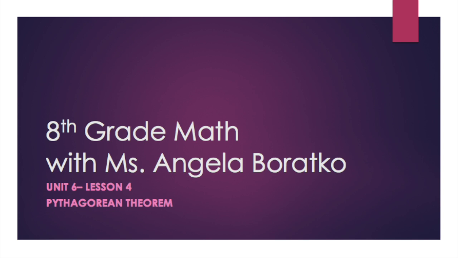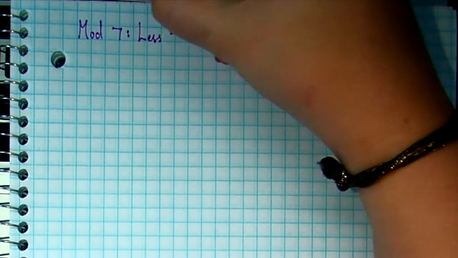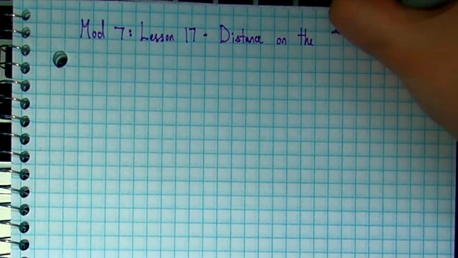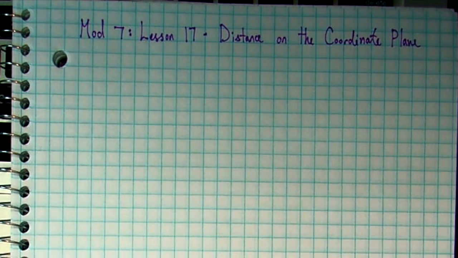Hey everyone, today we're looking at Unit 5, Lesson 4 on the Pythagorean Theorem. This lesson is from Module 7, Lessons 17 and 18, and we're going to look at the Pythagorean Theorem in terms of distance on the coordinate plane,